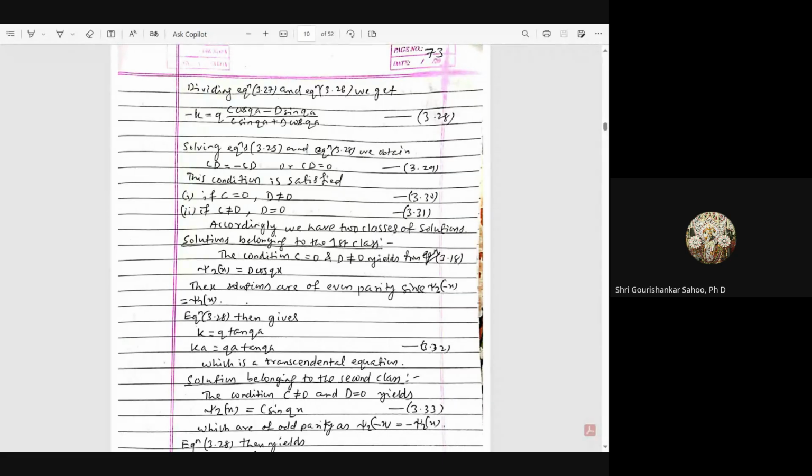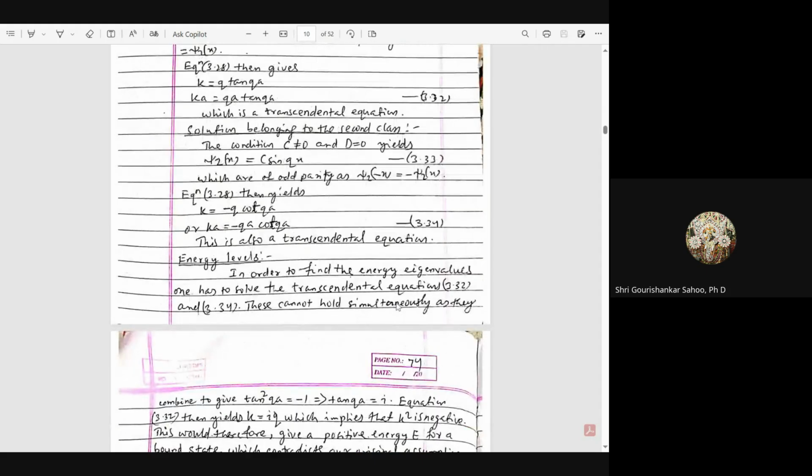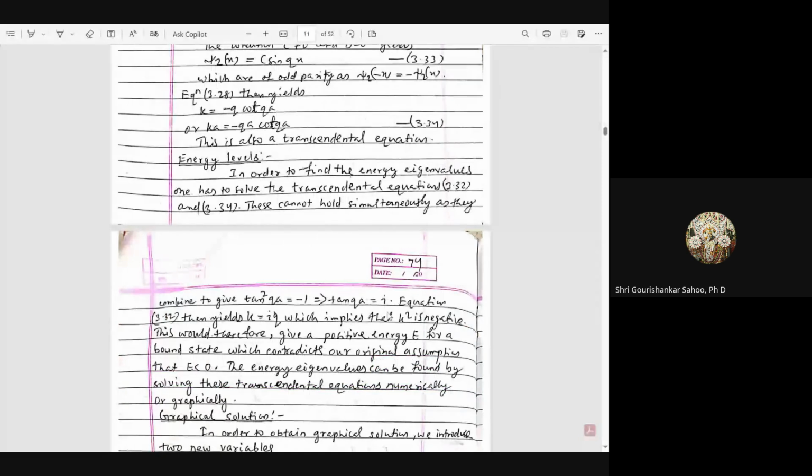So the solutions are of even parity since psi 2 minus x is equal to psi 2 x. It is symmetric. So you can have k is equal to q tan qa, and k a is equal to qa tan qa, which is a transcendental equation. And the solution belonging to the second class where c is not equal to 0 and d is equal to 0 yields psi 2 is equal to c sin qx and k is equal to minus q cot qa, or ka is equal to minus qa cot qa, because psi 2 minus x is equal to minus psi 2 x. This is also a transcendental equation. So the energy levels can be found out,